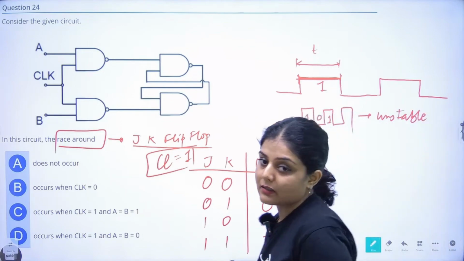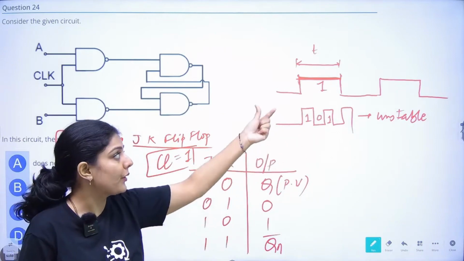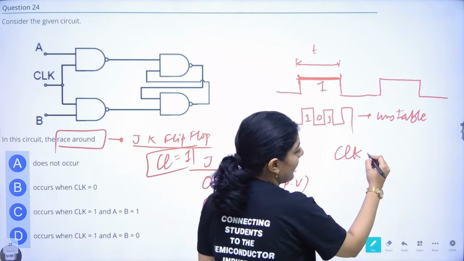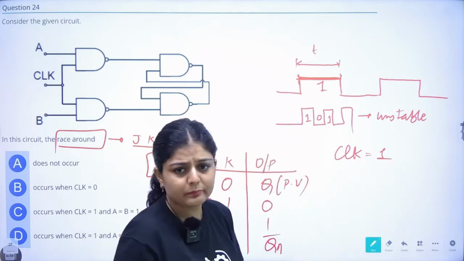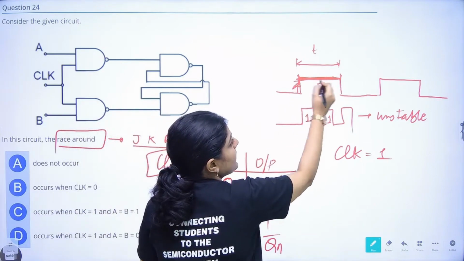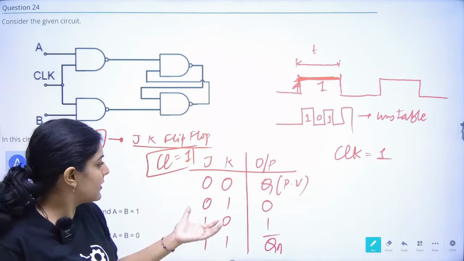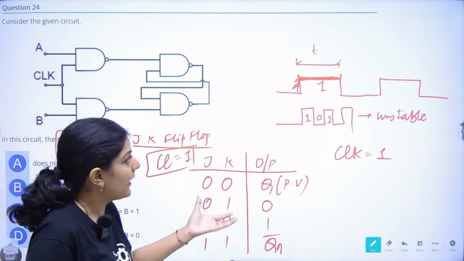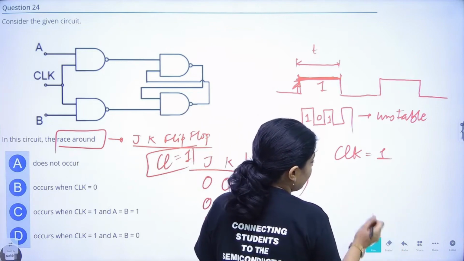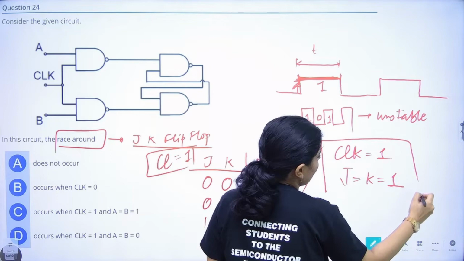If the clock has a larger duration as compared to the output, then till the time the clock is on, when the clock value is 1, since it is level triggered, the output keeps changing. There are two types of triggering when we talk about clock: edge triggering and level triggering. Whenever the level remains 1, this flip-flop will remain in the active state. When the clock is 1 and J and K are both equal to 1,